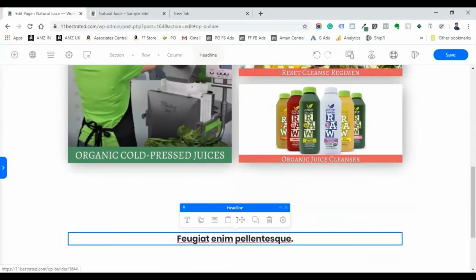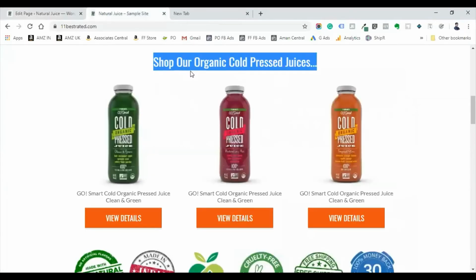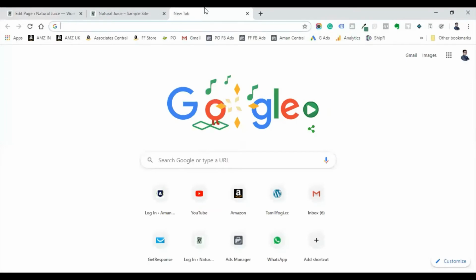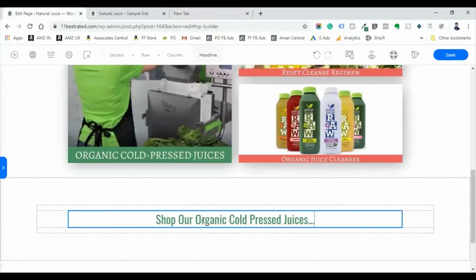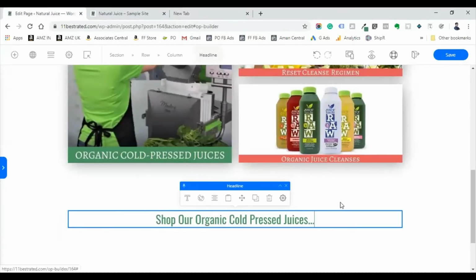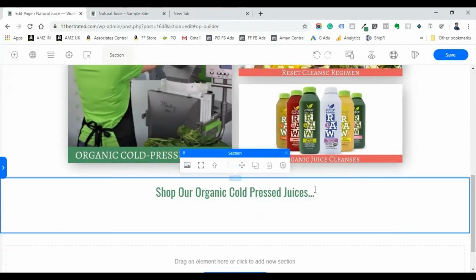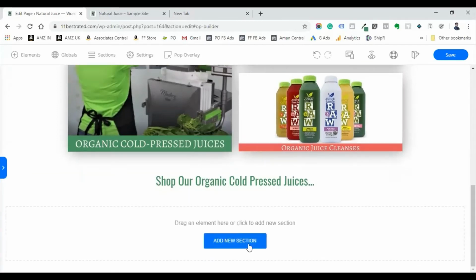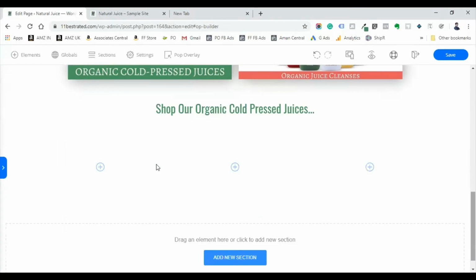Since we don't want to redo the formatting, just copy this text, put it in a notepad and cut it again so that it will not carry the formatting from that web page. Paste it here. Now this is ready. Pull this up. Now add another section where we are going to add a three column layout. We are going to add 3 products here.